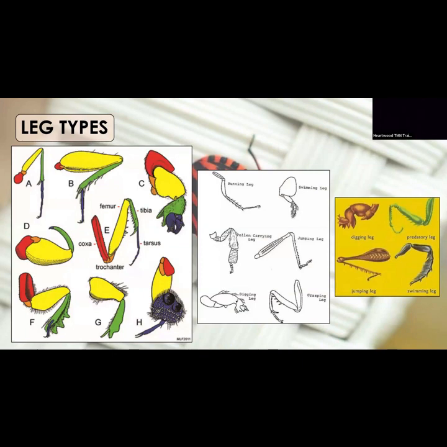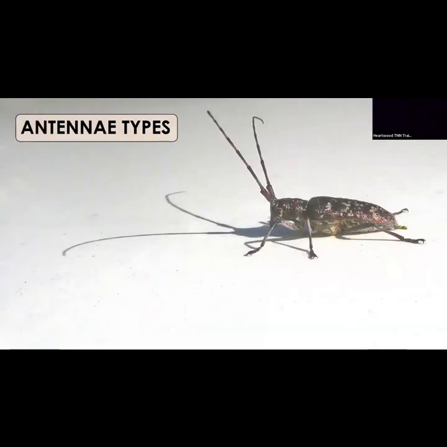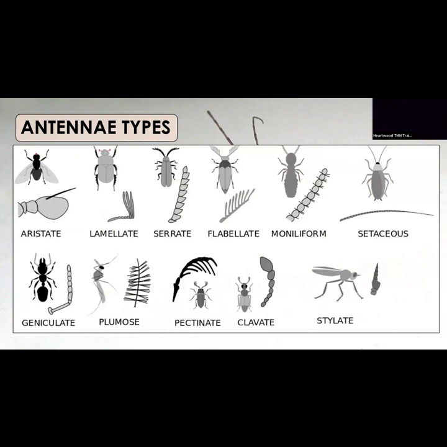So just some more modifications that I really wanted y'all to have on printouts, because leg modifications are going to be some of the first things to help you, like, oh, that's a beetle with those kinds of legs. I bet it's a scarab, right? So it's just that kind of learning, and it's just really fascinating. So not only do their legs have a ton of modifications, so do their antennae, because their antennae can serve vastly different purposes, where they may be doing pheromone receptors or signaling to mates, like a lot of butterflies and moths do, or they could just be there for who knows what.